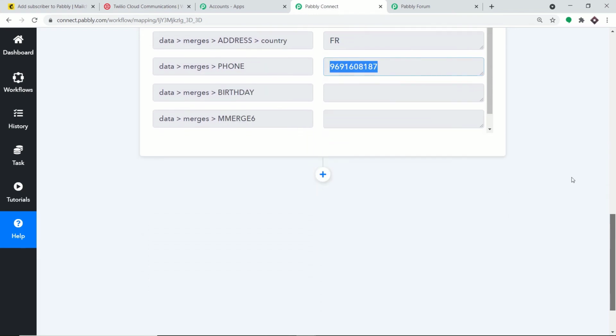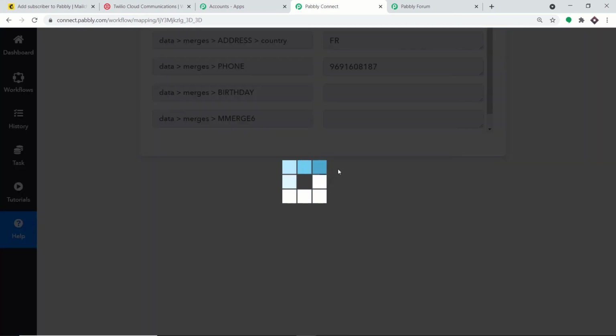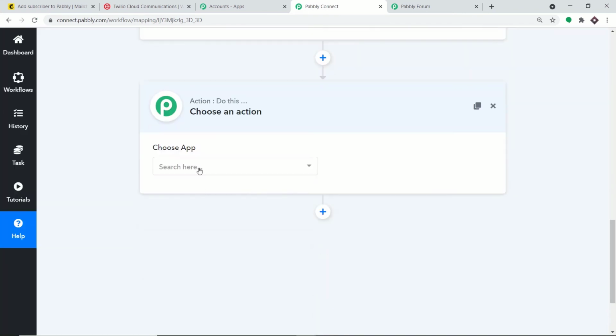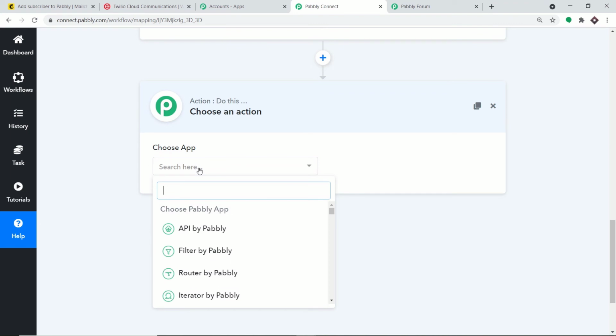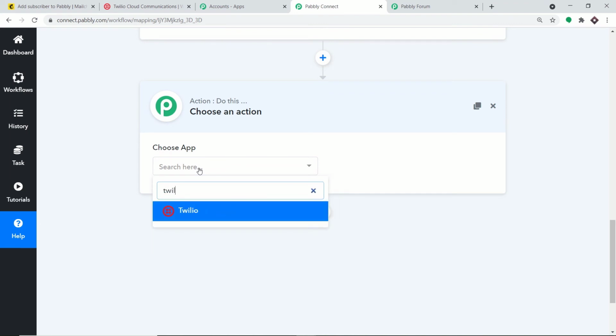Now to send an SMS to this phone number, we will be using Twilio. Twilio is an SMS sending app. Of course, other than Twilio, if you want to work with SMS Horizon, D7 Networks, ClickSend, it will work fine. It has nearly the same approach. So I'm just going to introduce one more window, called the action window. In the choose app, how about we make it Twilio? Twilio it is.